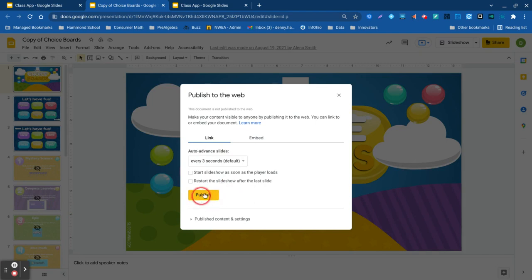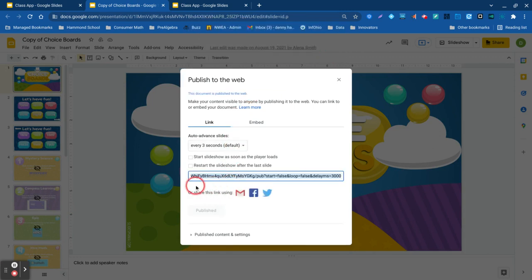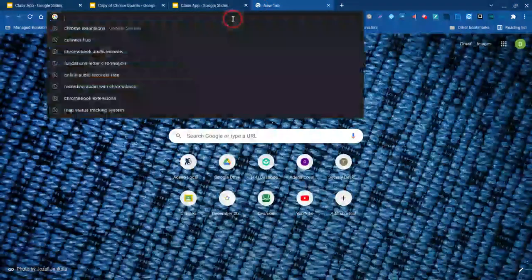We're going to Publish to Web, and then you're going to see this yellow Publish button. So if I click on that Publish button, it's going to give me a link. So that link I can push Control C, and just so you can see what it looks like from a user perspective,